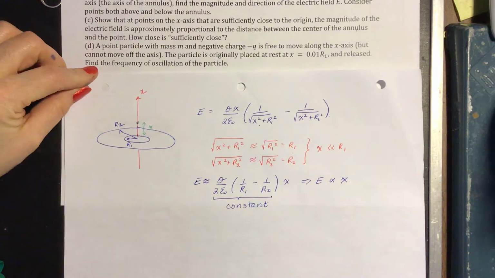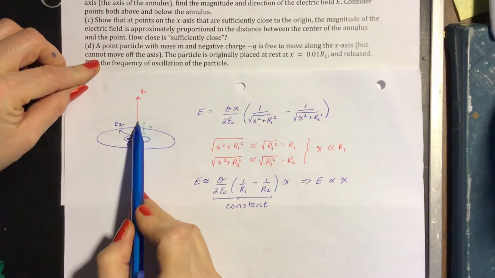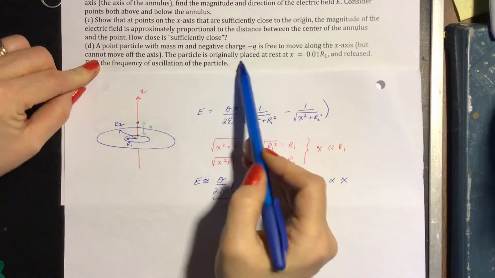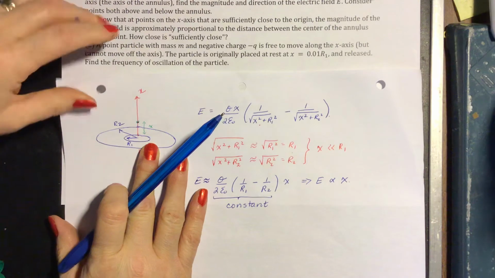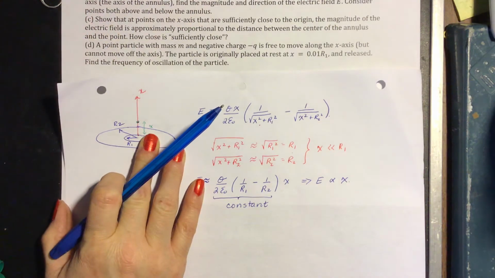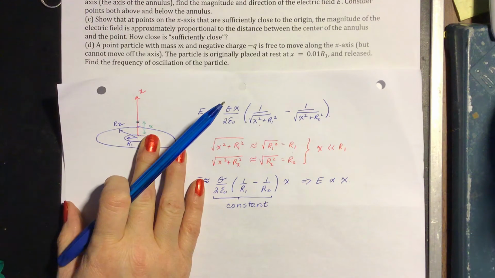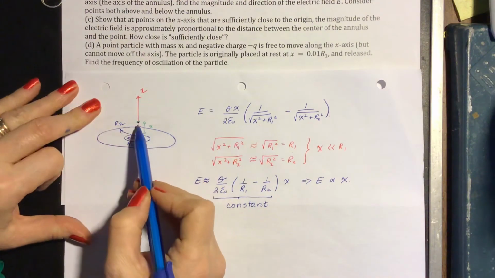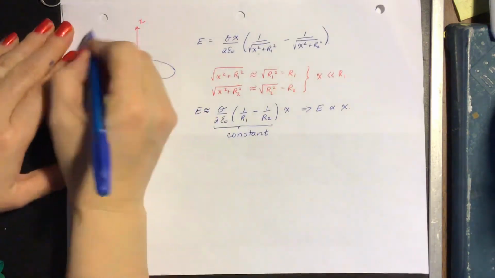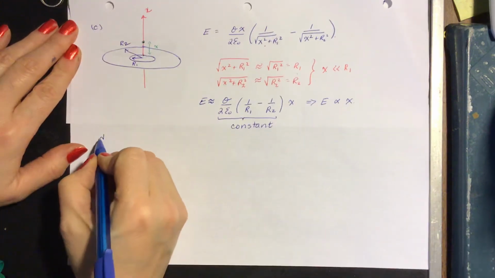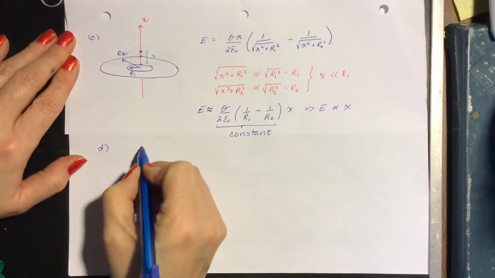We put our point particle right here on the axis. It's free to move. What happens to it? What is the frequency of the oscillation? Let's think about the forces for a second. If we put that mass at that point, it's a negative charge, so it's going to feel attracted to this disk. So let's label this part D. Our force on that little mass is towards the ring,